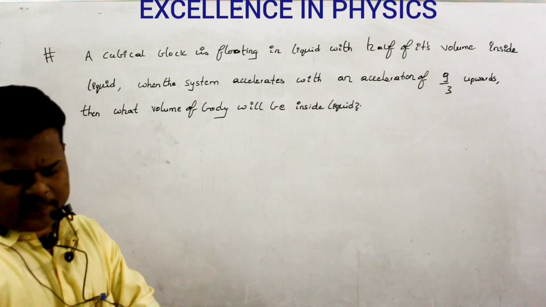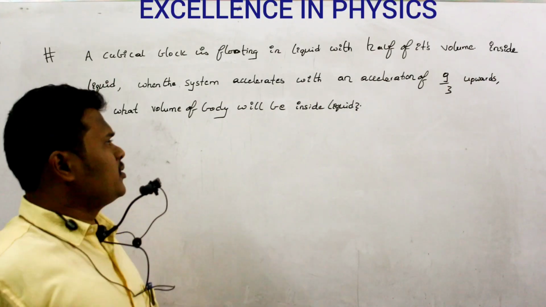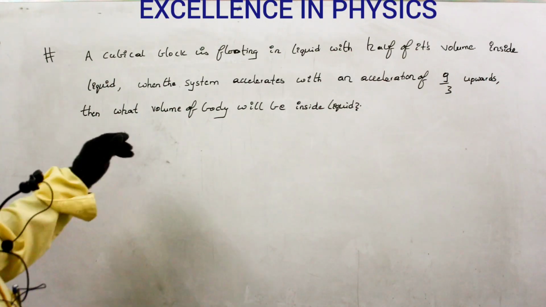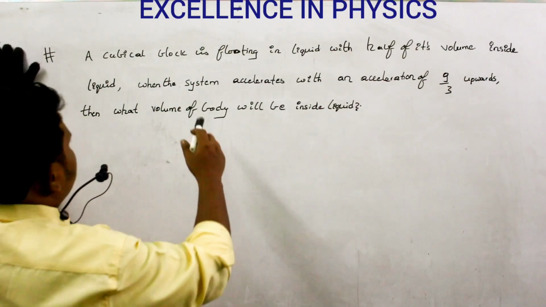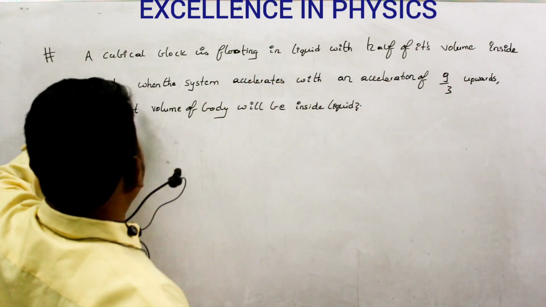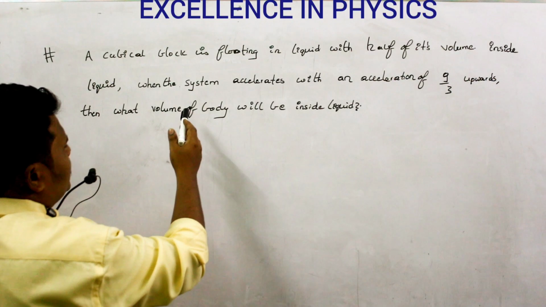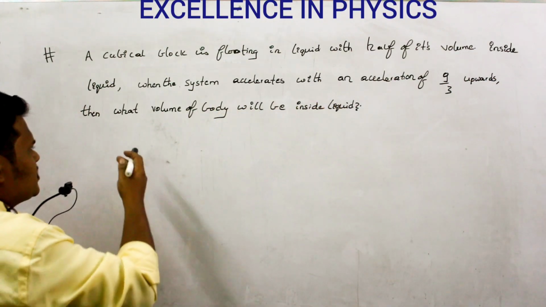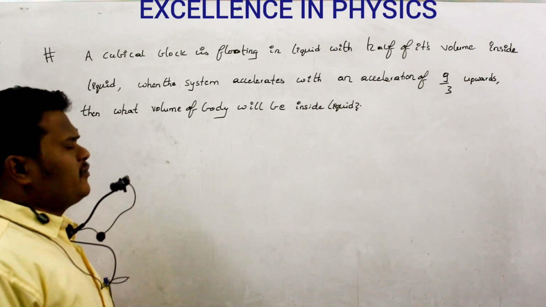Dear students, now let us do some questions on force of buoyancy. So this is our first question. A cubical block is floating in liquid with half of its volume inside a liquid. When this system accelerates with an acceleration of g by 3 upwards, then what volume of body will be inside